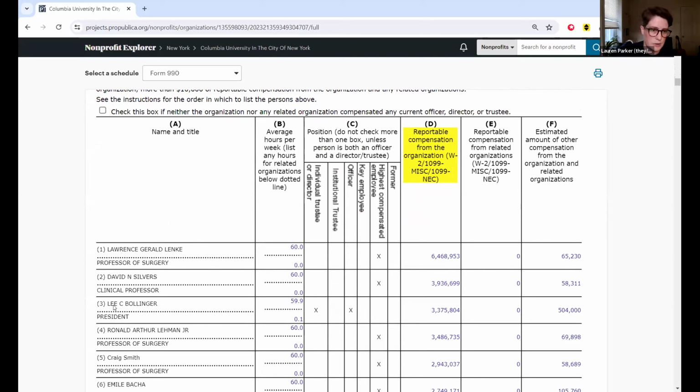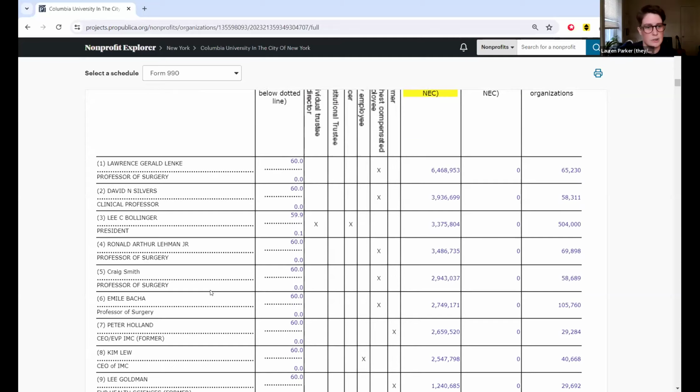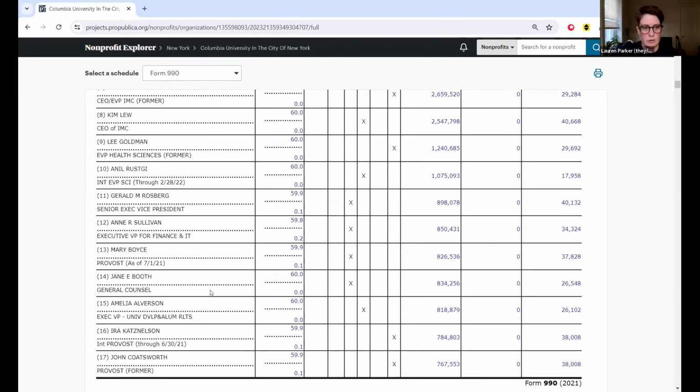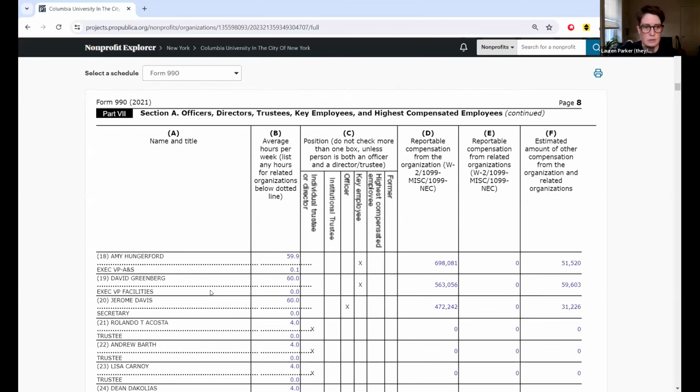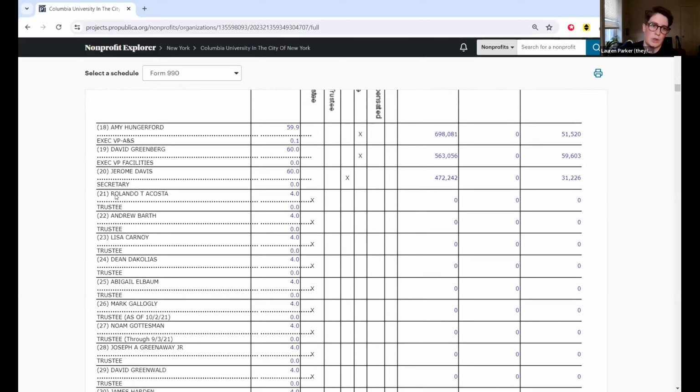And then we have former president Lee Bollinger at $3.3 million in compensation, which could be very helpful to know. It could be helpful to know who else really tops the list in terms of compensation. And then if you keep scrolling down, we start seeing some of the board members, aka trustees. And this is a really nice starting point to do your own research on each of these